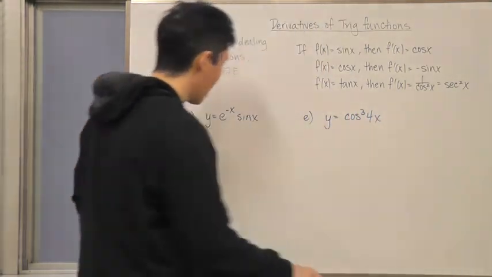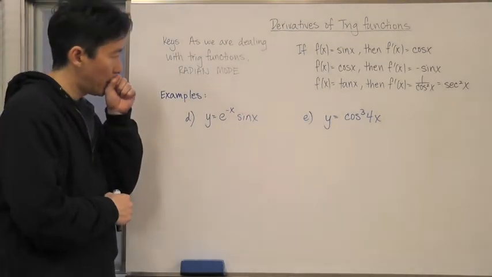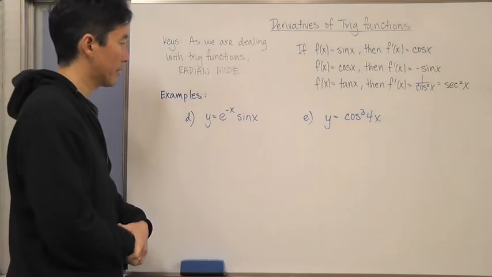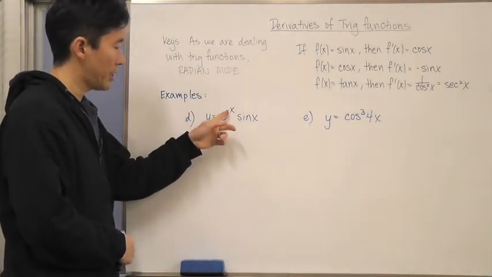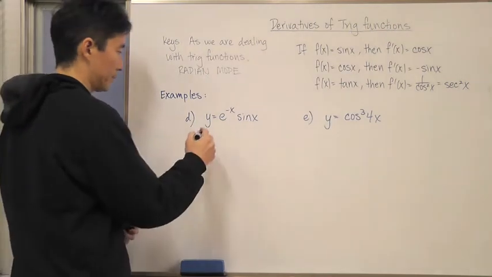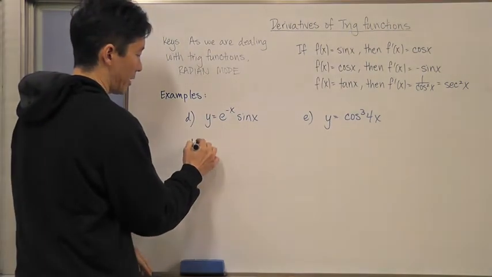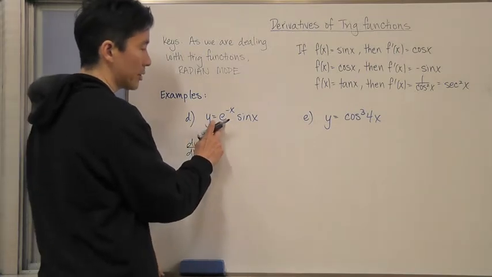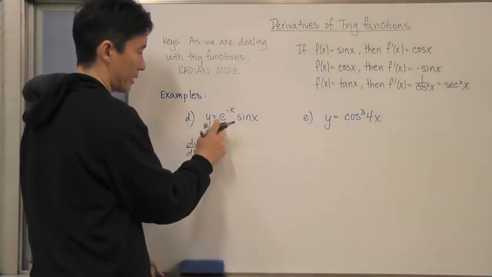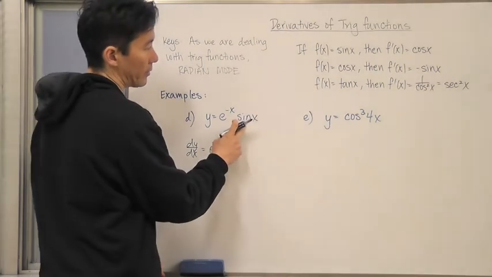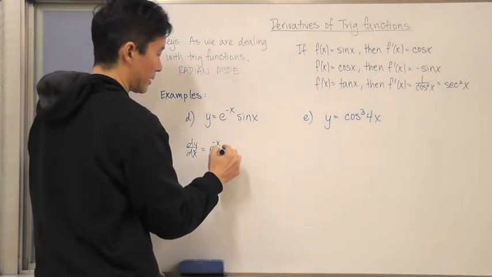Okay, so let's take a look at this one here. Now this one is actually going to be a product rule. And within the product rule, we also have a chain rule here because this is e to the negative x. So we have dy/dx is going to be, let's hold this one constant and take the derivative of that. So hold that constant e to the negative x, times the derivative of the sine of x, which is cosine of x,